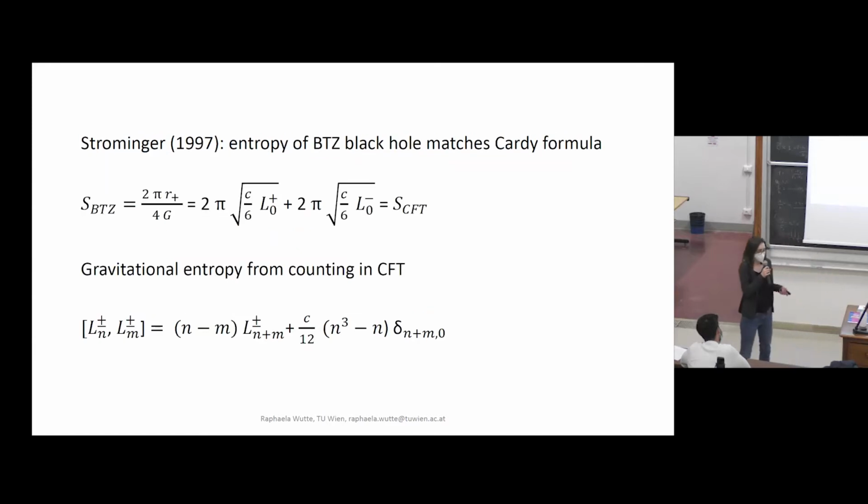To answer this question, it's often useful to consider toy models. If you consider, for instance, gravity in 4 dimensions or higher, technical complexity is often quite high. So that's why people often consider 3-dimensional gravity. And Strominger did a calculation in 3D. He showed that the entropy of a certain 3-dimensional black hole, the BTZ black hole, precisely matches the Cardy formula. So you can reproduce the entropy of the 3-dimensional BTZ black hole through a computation which is purely done in the CFT. You can count, so to speak, the microstates of the BTZ black hole, albeit in the CFT.